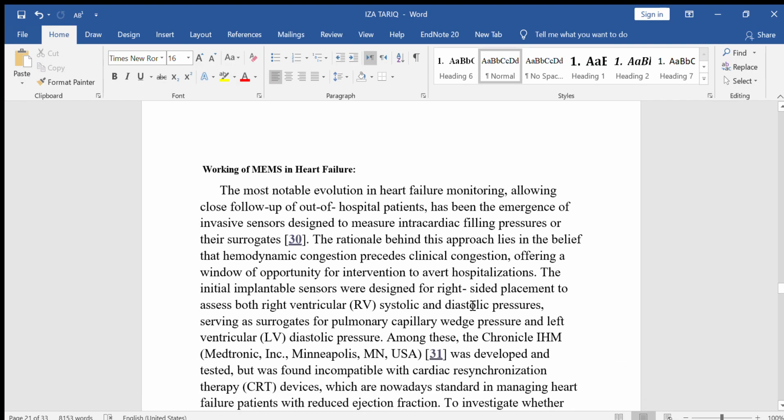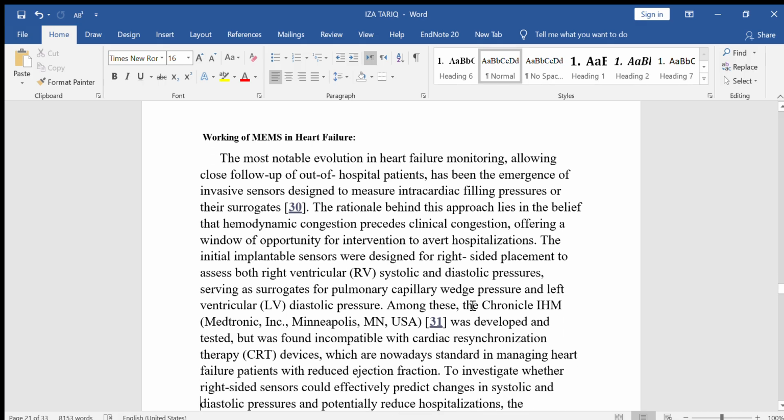Now let's discuss working on microelectromechanical systems in heart failure. The most notable evolution in heart failure monitoring, allowing close follow-up of out-of-hospital patients, has been the emergence of invasive sensors designed to measure intracardiac filling pressure or its surrogates. Basically, the working mechanism is